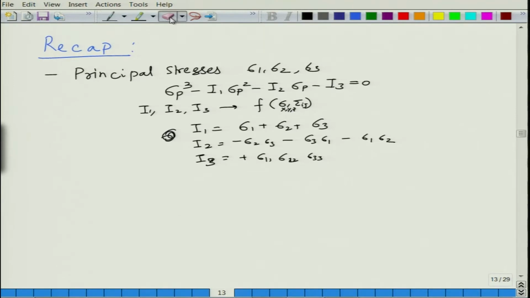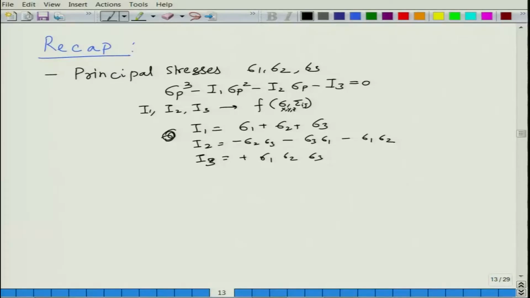plus sigma 1 sigma 2 sigma 3, or alternatively just write it as sigma 1, sigma 2 and sigma 3. So, these I values should match with the I values that you get from the products or summation of sigma x, sigma y, sigma z as well as the tau ij's. So, this is what we did, and then we also looked at the definitions of